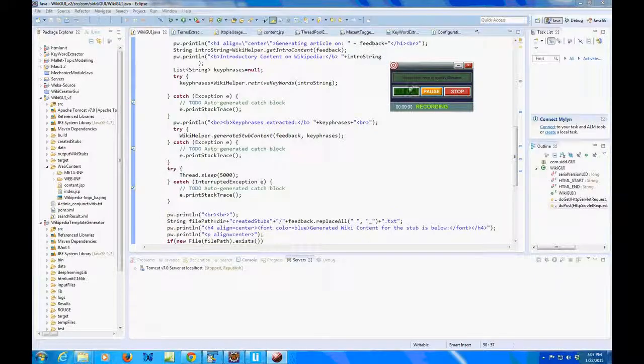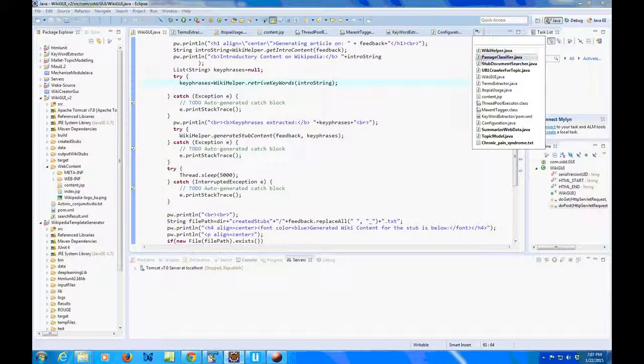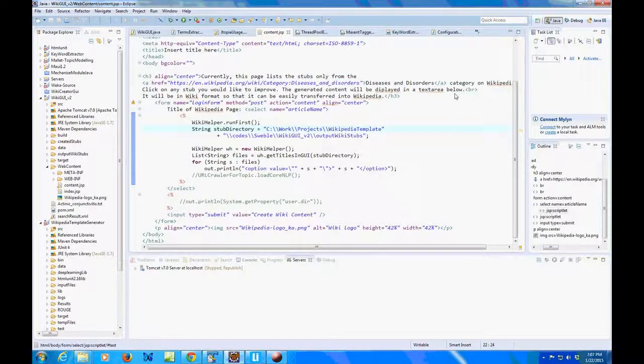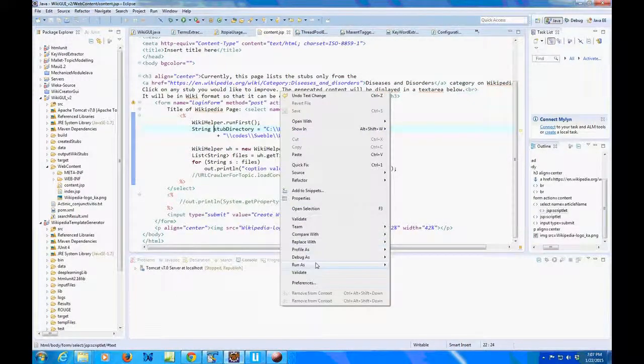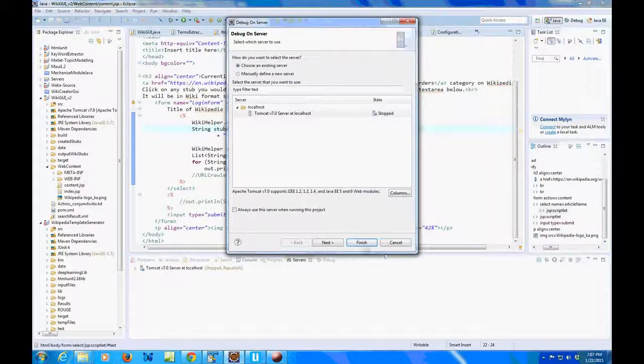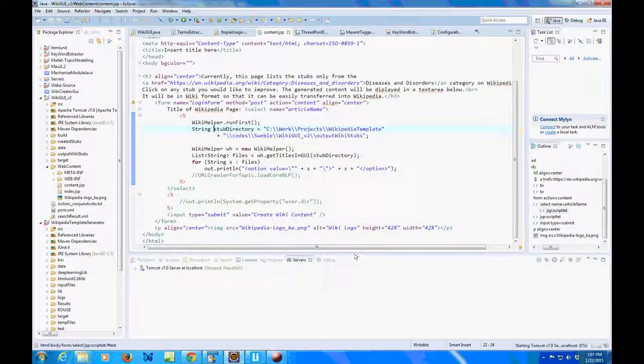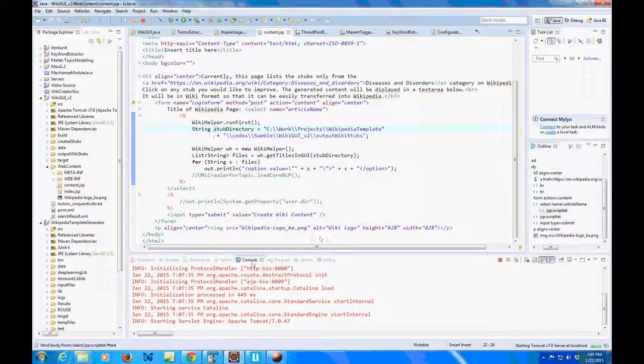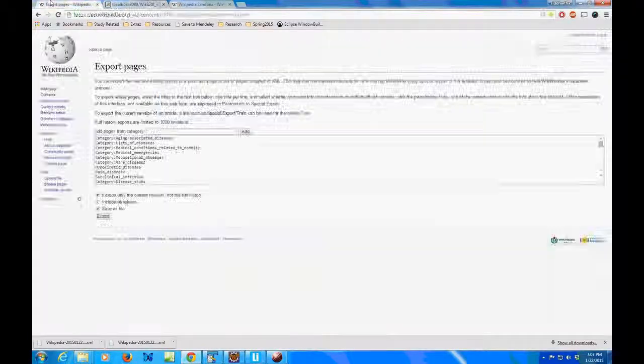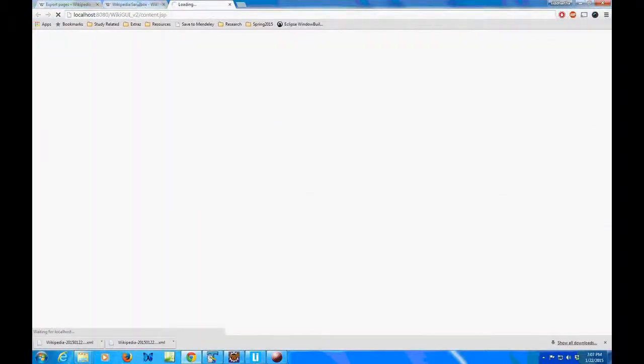So as you can see on the screen, we'll first start with the Tomcat container, just starting it right away because a lot of third-party libraries need to be loaded. So I'll just kick that off and then move on to the explanation of how we get all the files